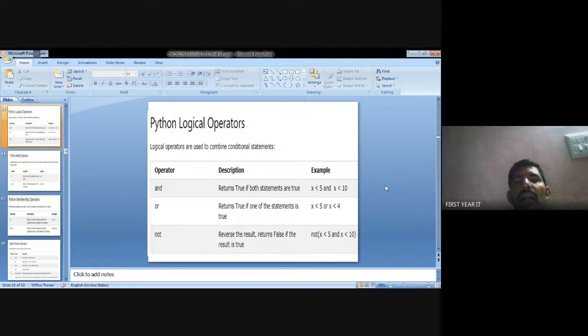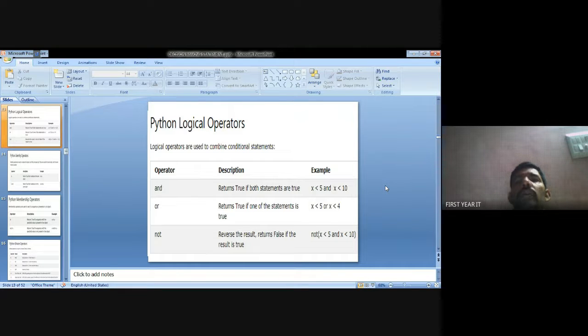Next, or. Suppose I assign x value as 4. 4 greater than 5 means the condition is false. Again, the next condition will be checked. 4 greater than 10, the condition is false. Both conditions false means false.